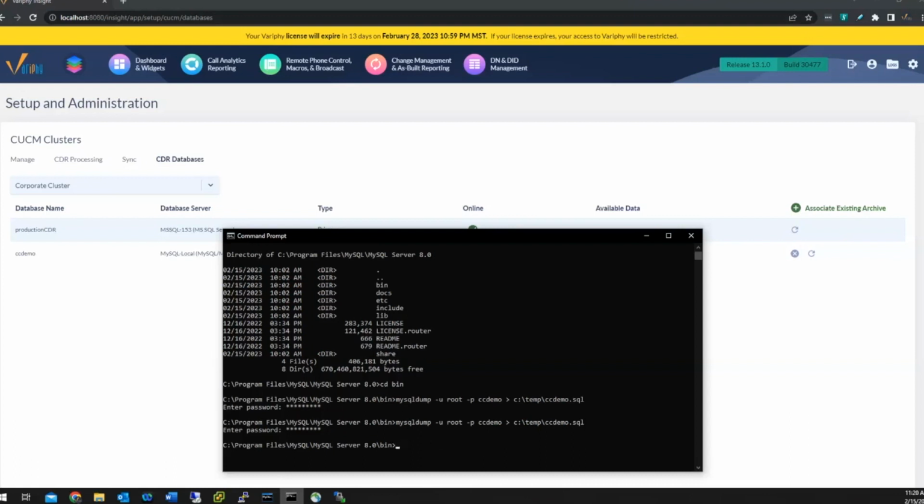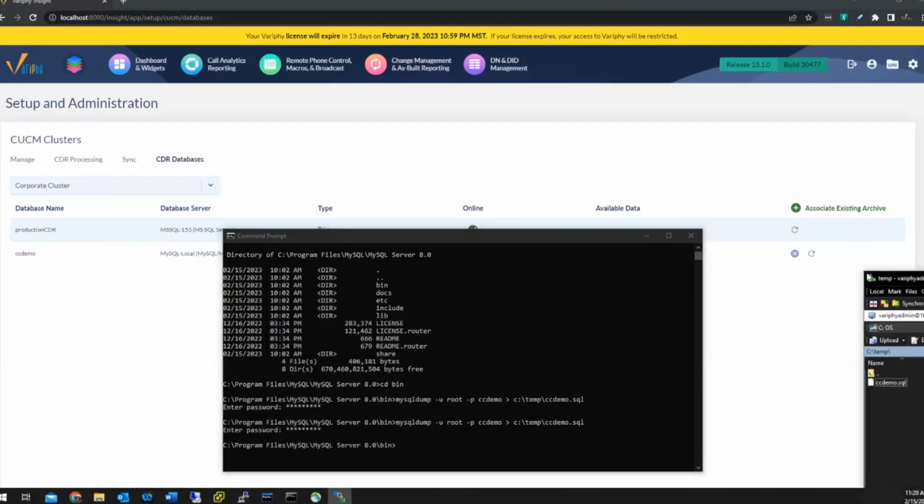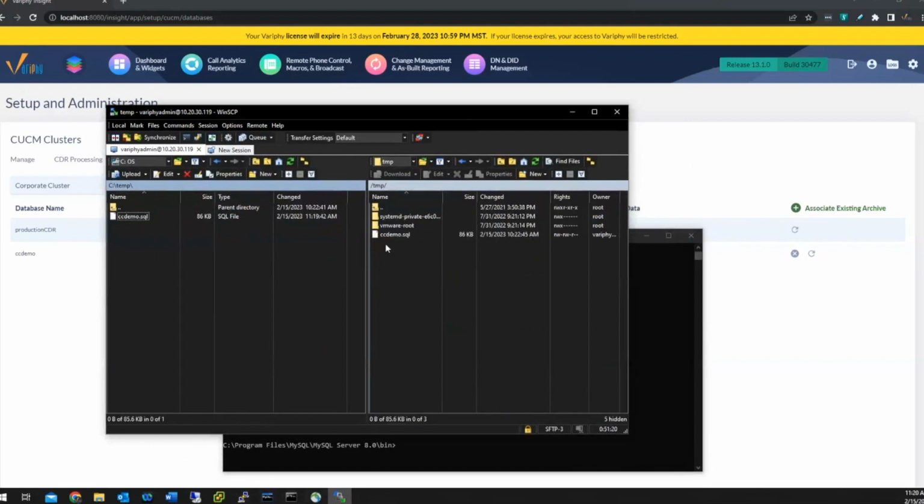So let's go ahead and go to WinSCP. Let me drag this one over. Okay, so basically I did the same thing. Here's the local temp file with the backup. I just dragged it over to the temp folder on the Linux server, and then we're going to import that into